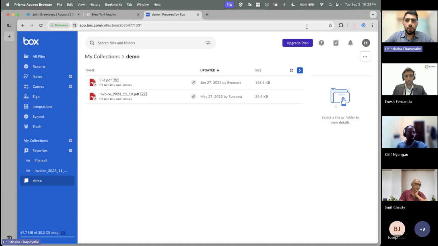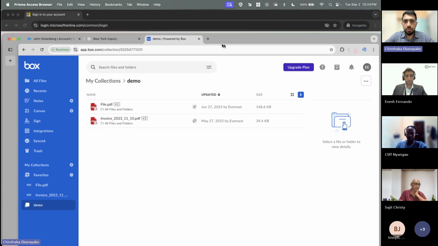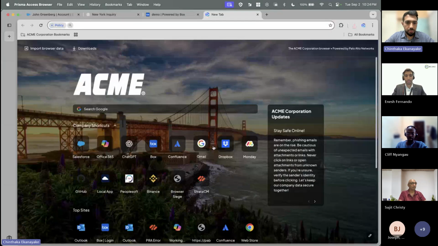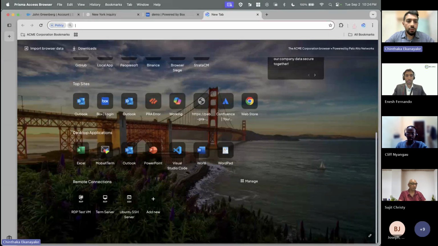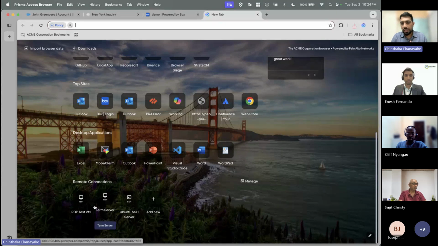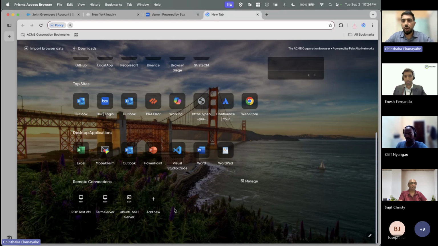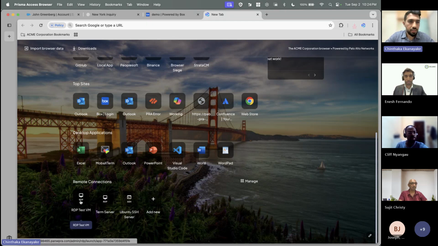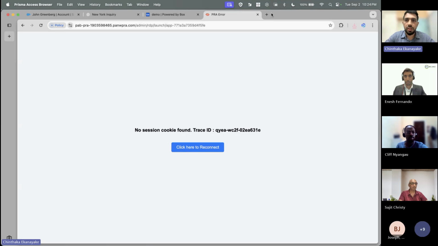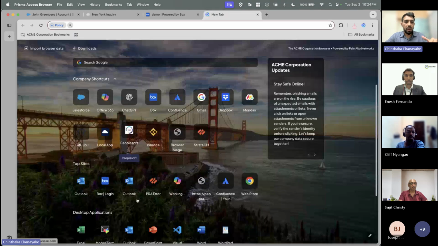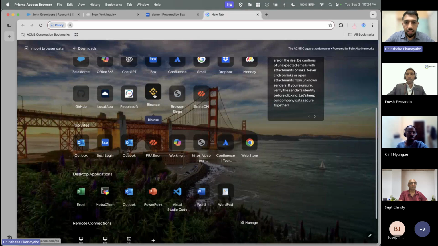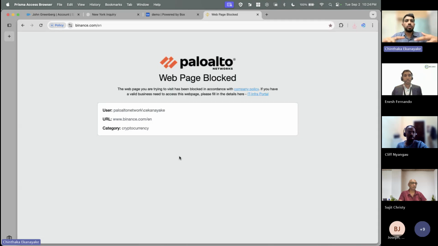Okay. So I talked about enterprise browsers having capabilities around... we have capabilities to provide you RDP access as well. Let's say you have an RDP instance, we can provide you access to that as well. Even if you have SSH instances, I can provide access to that as well. I think there might be an issue. Yeah. So right now there's an issue on the backend in terms of providing that access. Maybe I'll just showcase the web blocking capabilities as well.